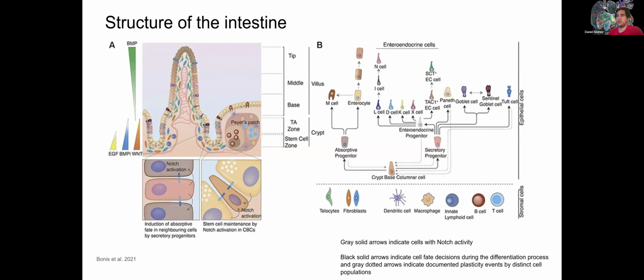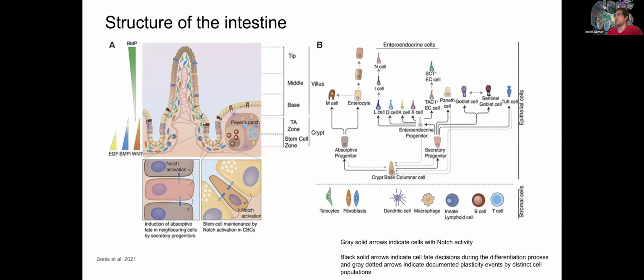And then specifically, there are crypt-based columnar cells in the base of the crypt, and then they differentiate into the absorptive progenitors and the secretory progenitors. In the absorptive progenitors, where they interact with microbes, you have the enteroendocrine cells. So you have